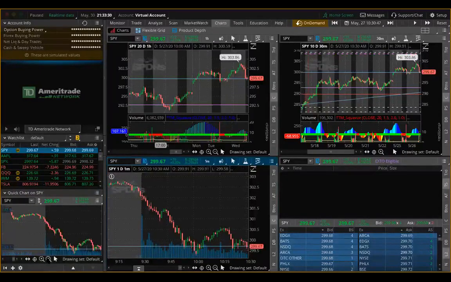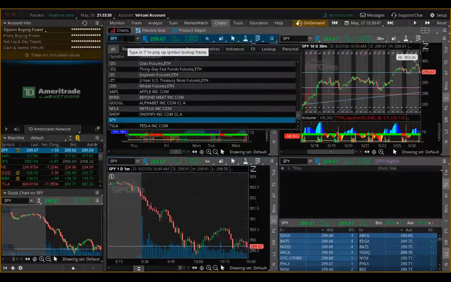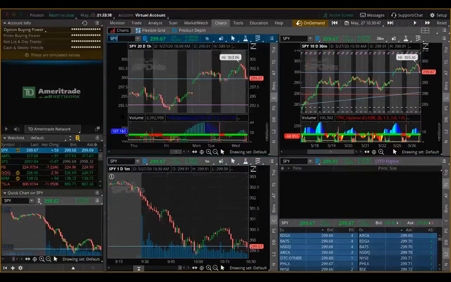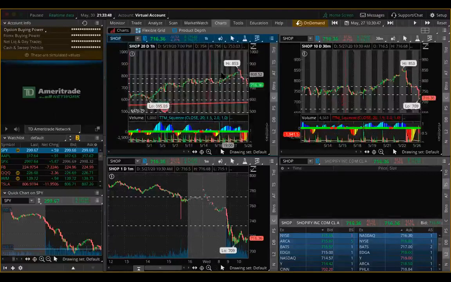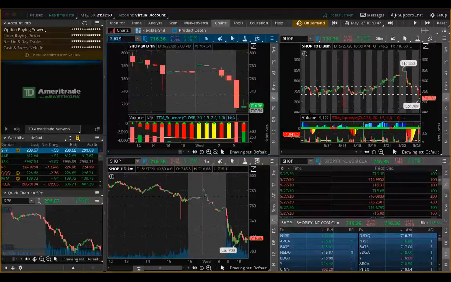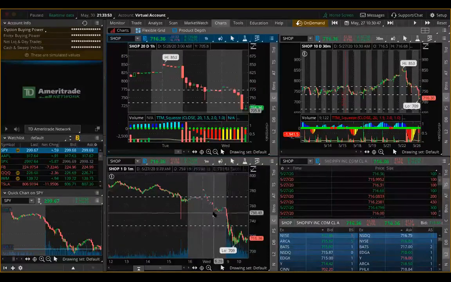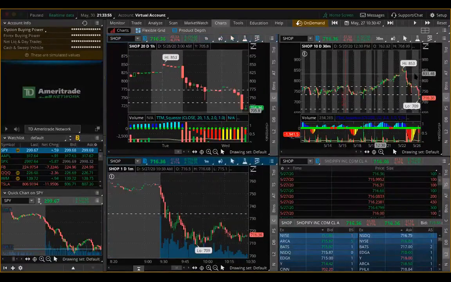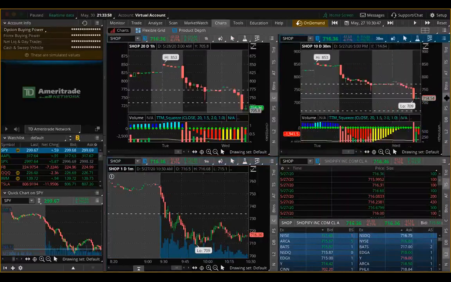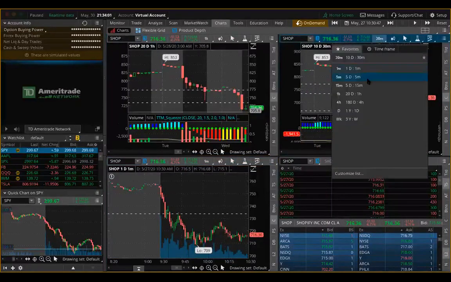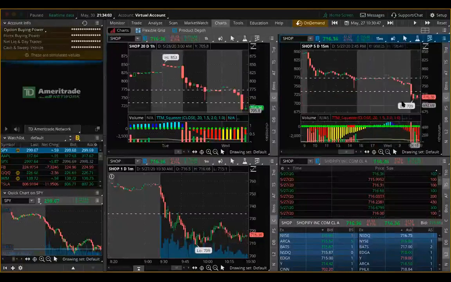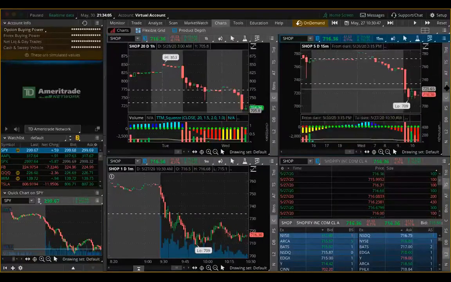So right now we have SPY dumping, right? It's trying to hold above this critical level. So we're going to go back to SHOP now that we know what SPY is looking like. I have SPY here in the bottom left for you, so you too can follow along with SPY and we'll see what it's doing. All right, so I'm gonna hit play again. I have the 30-minute chart pulled up. I have the 1 hour, the 30-minute. Let me switch this to the 15. That's better.